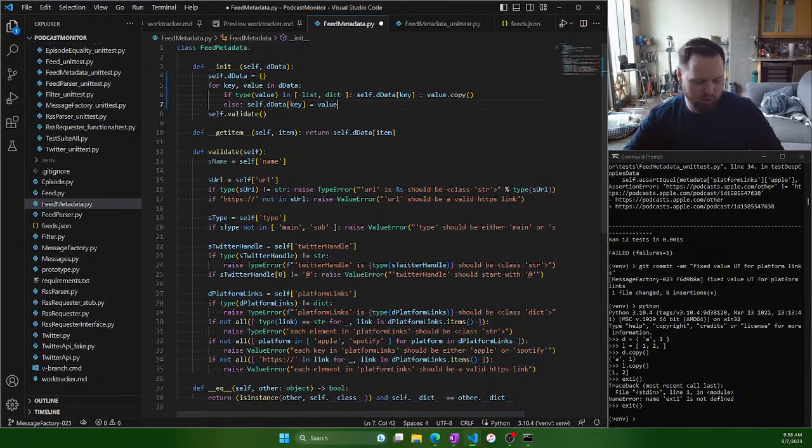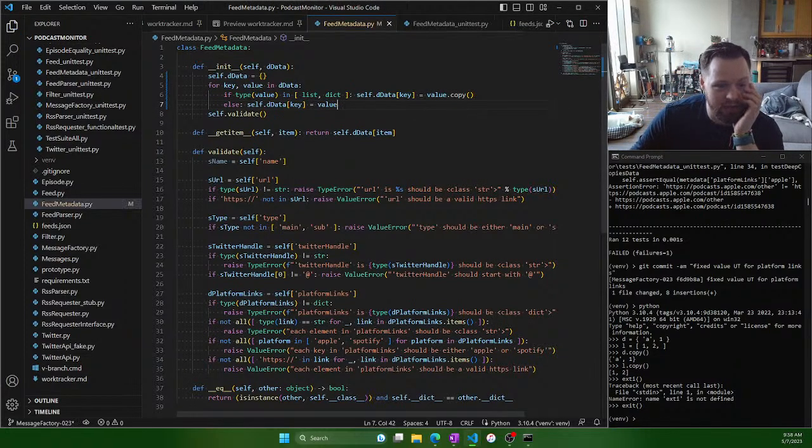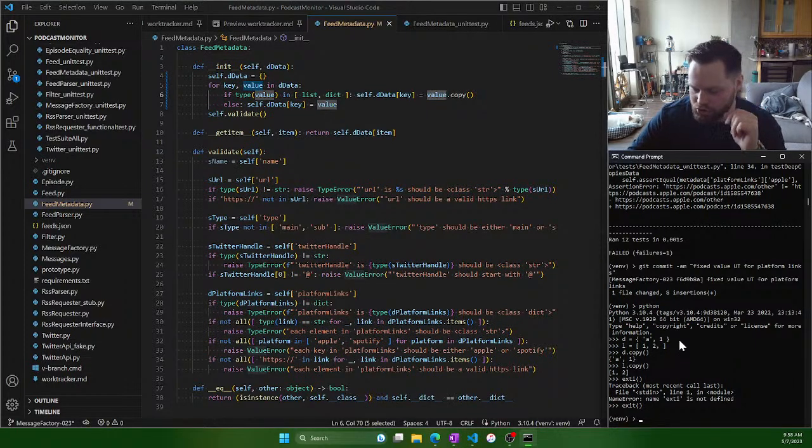So now instead of just doing a straight copy, because we have nested stuff, we're manually copying everything. But if that thing is a list or dictionary, then we're copying that list or dictionary, and that should